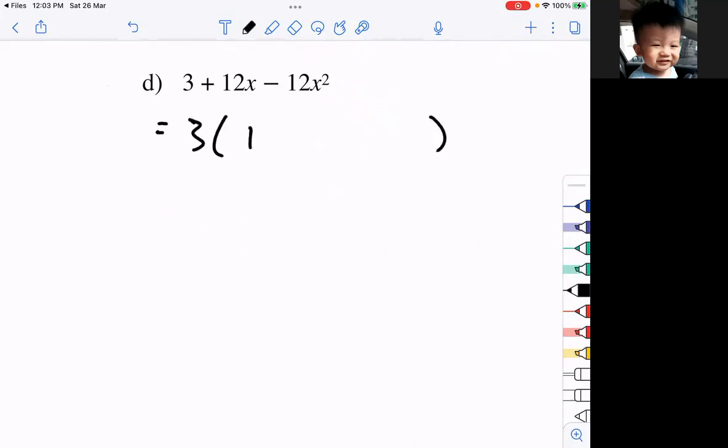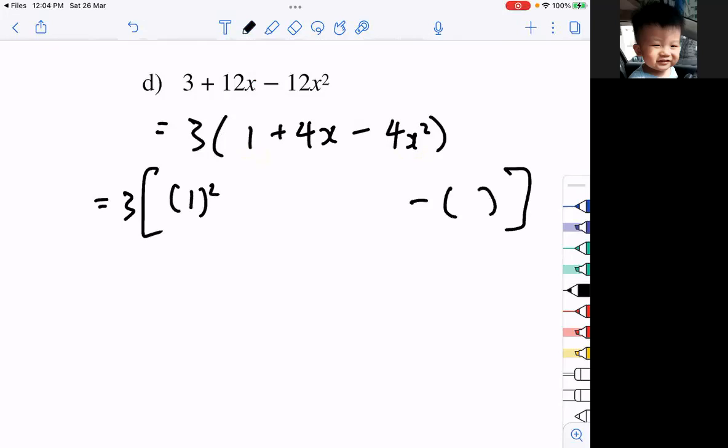Why is this still 12? Perfect. Okay, here you can use crossbox or you can use identity. I'll just use identities because since we're learning, you can copy down. Same thing, I'm always hopeful that the first term and the last term can be written as a perfect square. Can one be written as a perfect square? It's 1 square. Can the last term be written as a perfect square? Which is 2x. I'm hoping that the middle